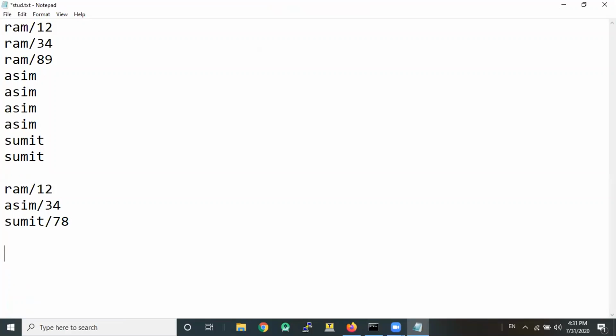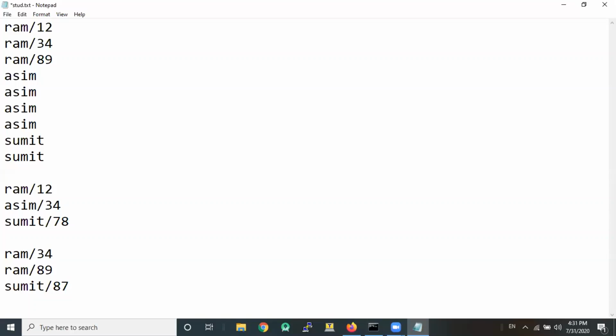And let's say in another node we have Ram 34, Ram 89 and Sumit, the second one, that is 87.